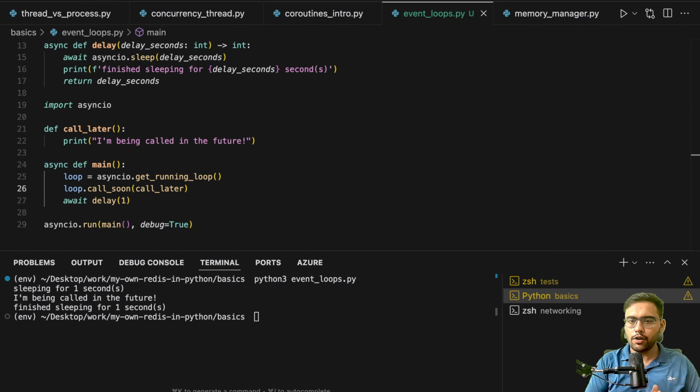All right, so this is how we can get the event loop. What sometimes happens is that the event loop can keep on waiting for a task, and the task is not getting finished. In that case, we have to use a timeout. Okay, so how to use the timeout is